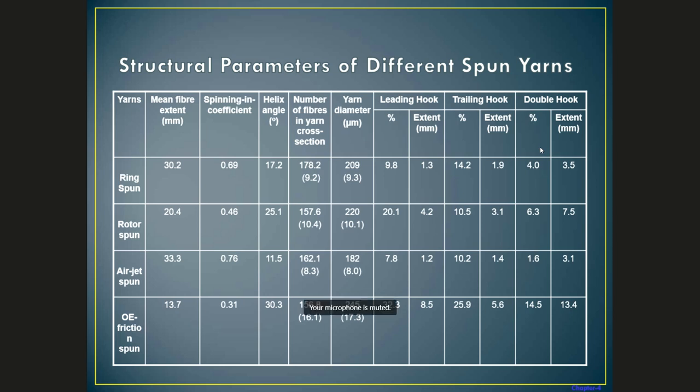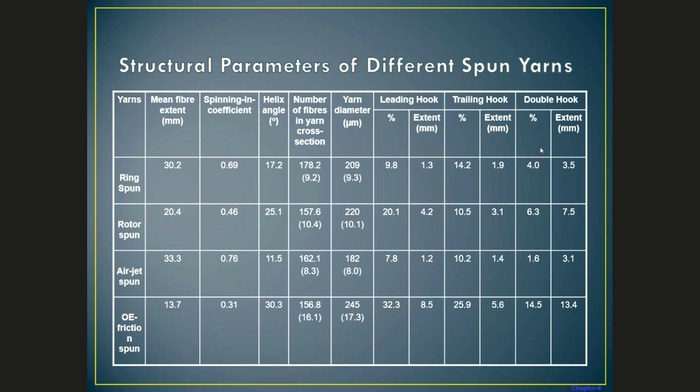So that's why it is important now. That is indicating that yes, all the systems are forming hooks. None of the systems is giving you the perfect state of fibers without hooks. So it means that now we have to see how I can optimize my process so that I can minimize the formation of hooks. And if I'm able to minimize the formation of hooks, or reduce the percentage of hooks, then definitely it is going to enhance my spinning coefficient, and that is going to help me enhance the strength of the yarn.